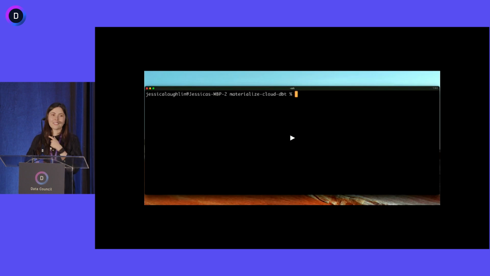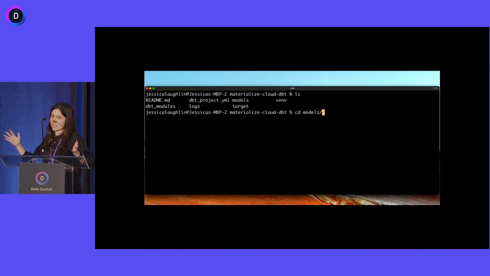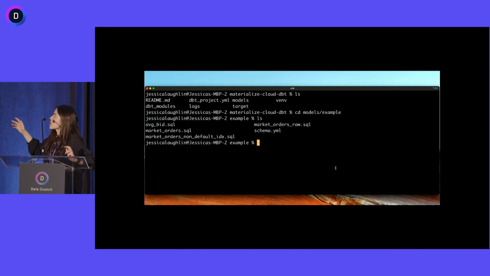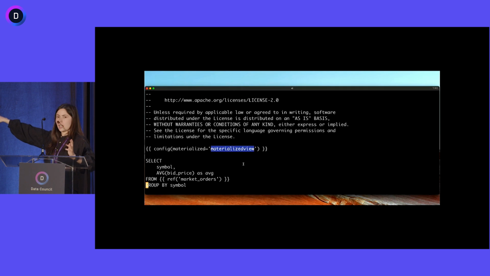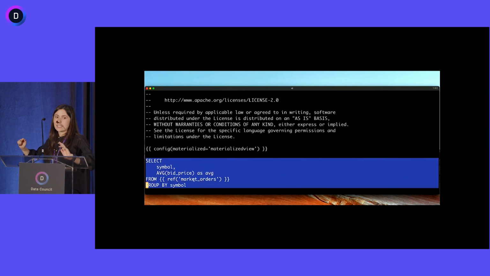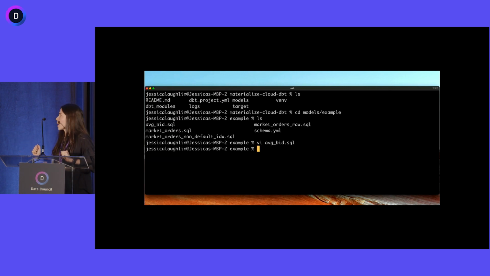I wanted to show that off, so I have another demo. Okay, so this is building the same thing, but with dbt. So we're back in my shell. dbt projects look the exact same because it's just SQL. So we have some models. So that's our source. That's our view. And here's our incrementally maintained materialized view. So you see the materialization type is our custom type. And other than that, this is just SQL. Nothing fancy, nothing special. You don't need to know anything about streams, just SQL. So that's the same SQL that we executed before.